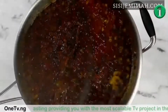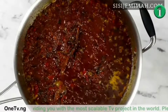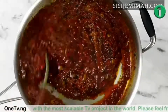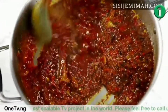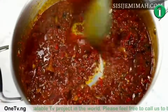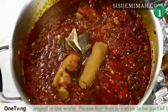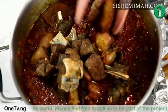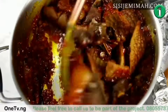And after 30 minutes, this is what my stew looks like. As you can see, the oil has settled onto the top, and that's to let you know that it is quite dry at the moment. And then I'm just going to stir, and that's just to raise up whatever burnt bit, but I don't think mine has burnt at all. And to this, I will be adding my meat. I will also be adding some pomo. I forgot to mention earlier that I had some in my freezer, so I'm just going to add that to it and mix thoroughly. And this I will leave to fry for about